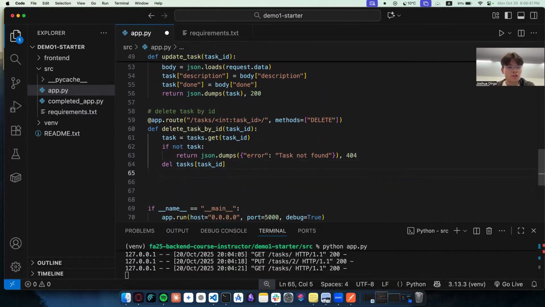And this is the convention: when you delete something, you also want to return what you deleted, just to give the client one more reference. So you're just going to do the same thing, return a task back, and say that you deleted it basically. And yeah, that's it for the delete. So if I save this